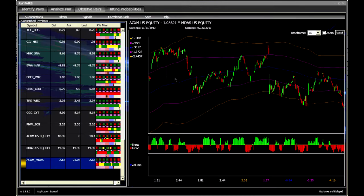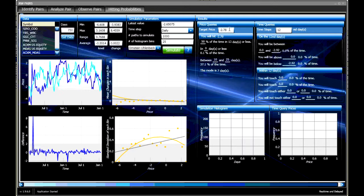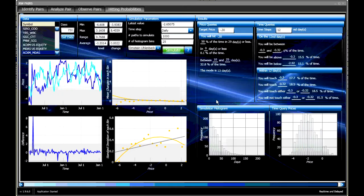So the mean over here is minus 30, and there's no way we're going to get to that. But let's go ahead and put that in at the beginning, just again for a starting point on our study here. Let's take a look at how we do on this. So minus 30. Let's put our current price here. Okay, so at minus 30 cents, it says the mode is 13 days, but we're only going to get there